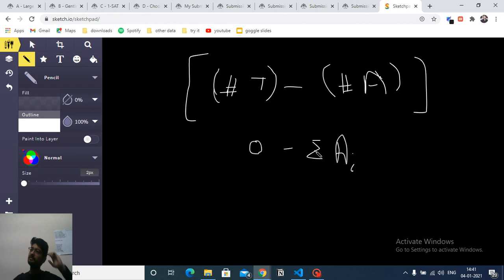Now, if Takahashi gives a speech in one city, how much will be the next value? How much will be the increment? As you can see, if Takahashi gives a speech to one city,